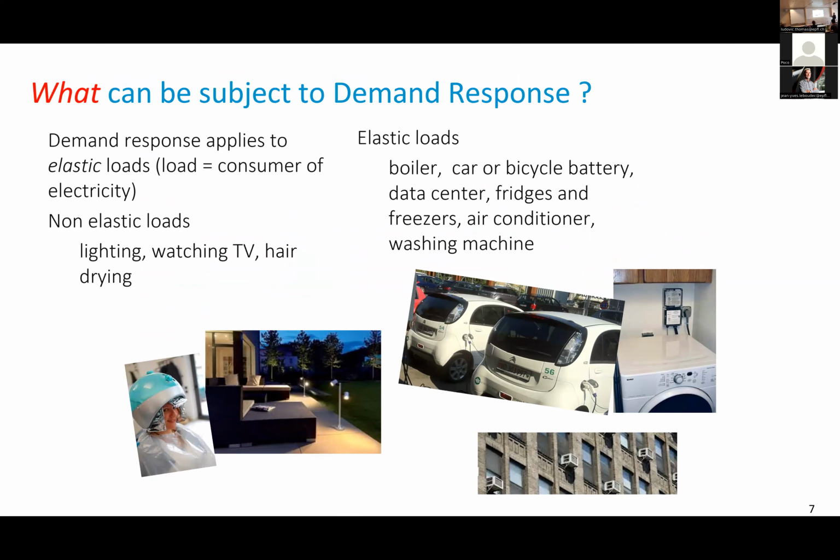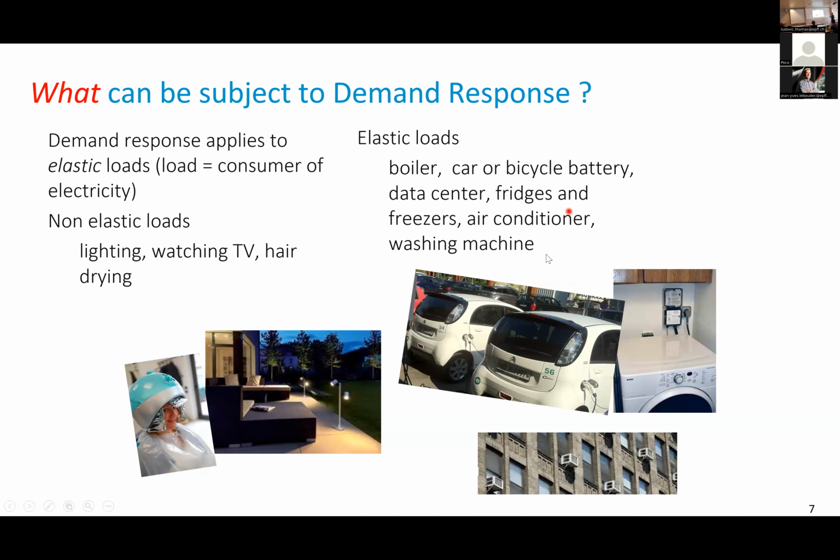But the good news is, what can be the subject of demand response? Of course, it's things that are easy to shift in time. Those are so-called elastic loads. Non-elastic loads are what we're doing now. There's this beamer. The light in this class is not very elastic. I mean, we meet at 9 to give class. There's not much we can do to save the power that we're using for this class to happen. If I could draw on the board and use a candle to light, but that would probably not be very efficient. So there are a lot of non-elastic loads,